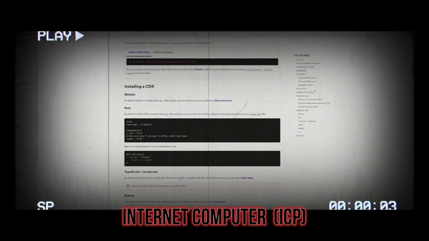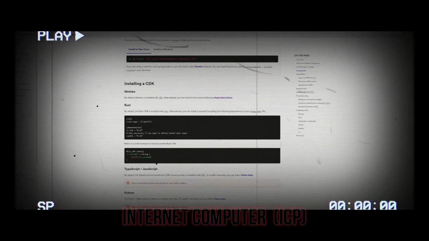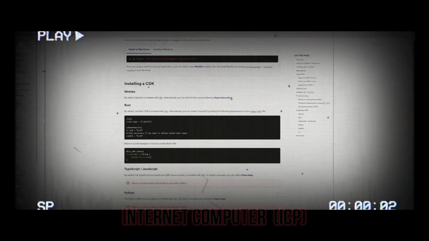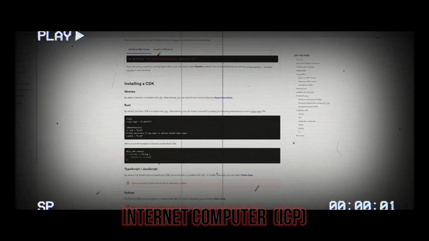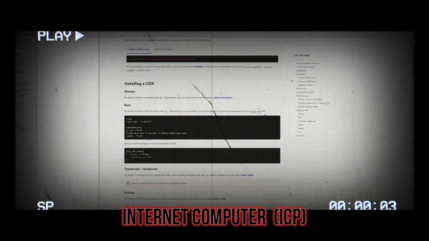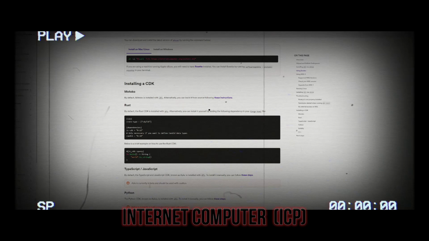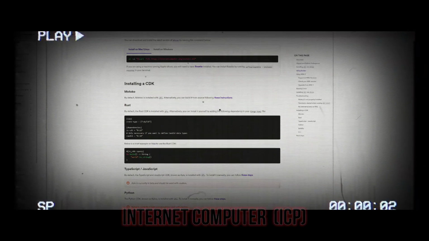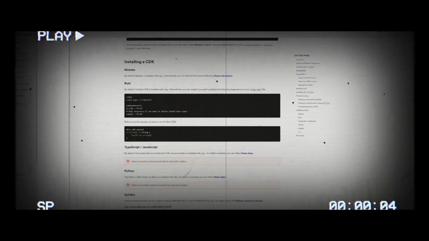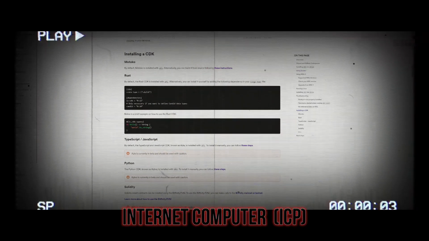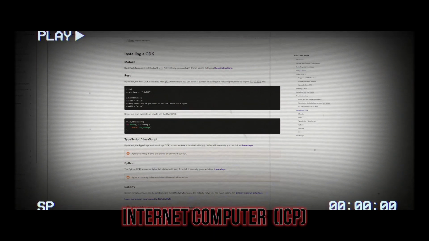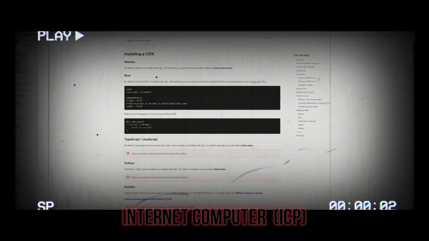File: lib, crate-type equal to cdylib. Dependencies: ic-cdk equal to 0.12. Only necessary if you want to define candid data types: candid equal to 0.10. Below is a brief example on how to use the Rust CDK: #[ic_cdk::query] fn hello() -> String { "world" }